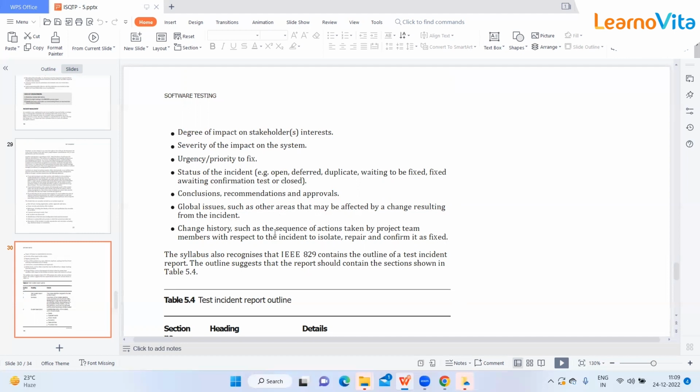If it is any kind of change history, then you will be defining it under this incident report. For example, the actions taken by project team members with respect to the incident to isolate, repair, and confirm it as fixed. So under this change history, you will define everything: when that defect came, who fixed that, and after that, who tested that, who closed that. So everything will come under this change history. After that,